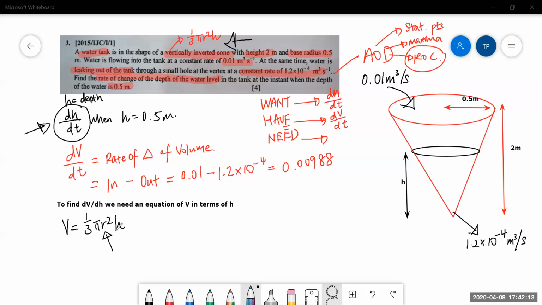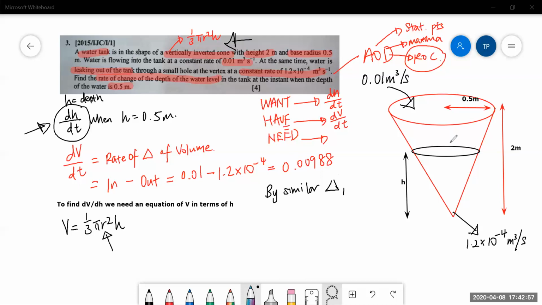The R is 1 over 4H. Why? Because you use R over H equals 0.5 over 2. And why is that called? Similar triangles. Yes, thank you. You need to try to answer like you are writing the solution booklet. Okay, so from here, by similar triangle, then we will have